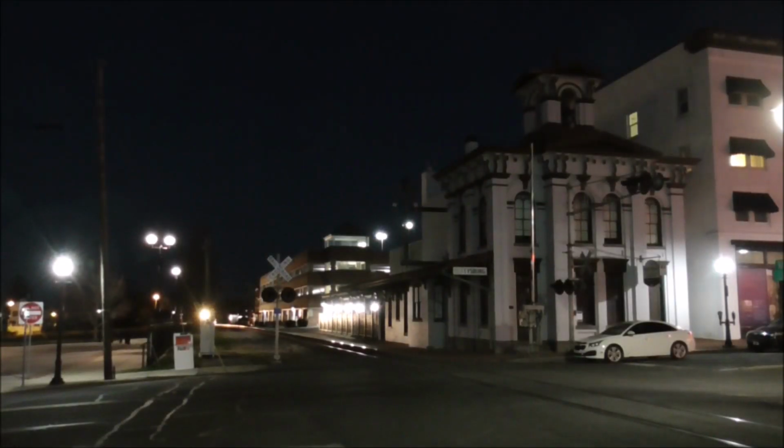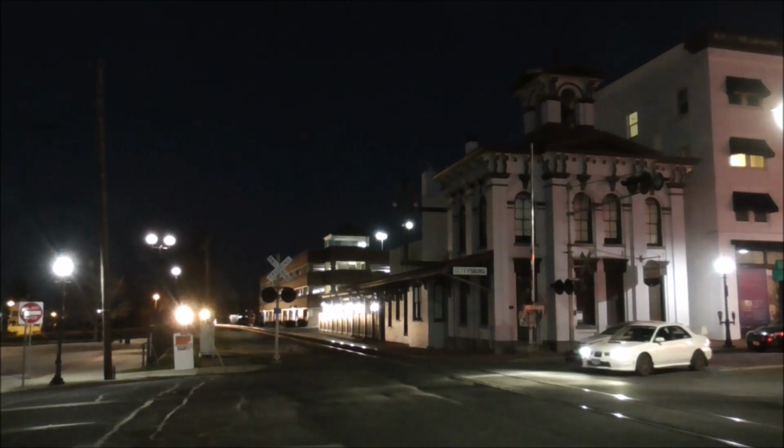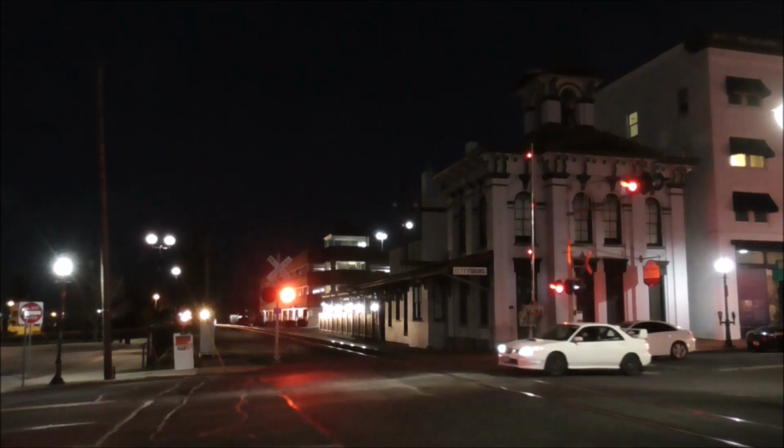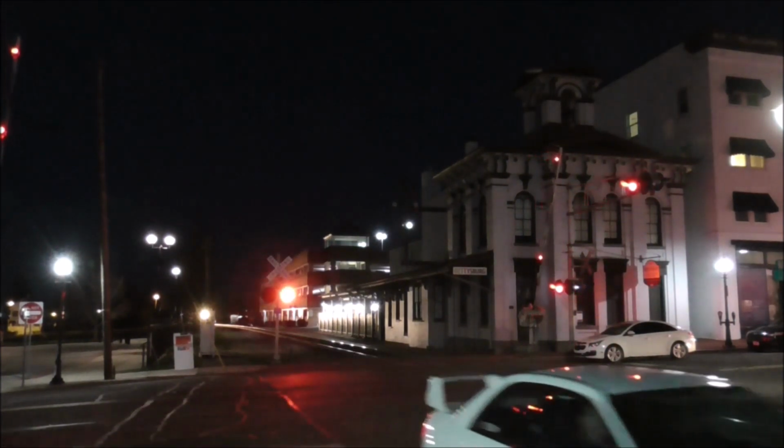It's a quiet Thursday night in downtown Gettysburg, Pennsylvania. People are enjoying a night out in the historic downtown shops, restaurants, and museums. CSX L135, a local based out of Hanover, creeps through the town going west. Tonight's train is powered by GP40-3 6512 and ES40DC